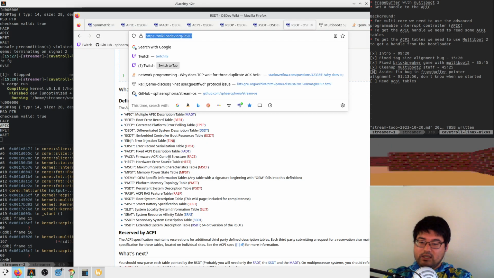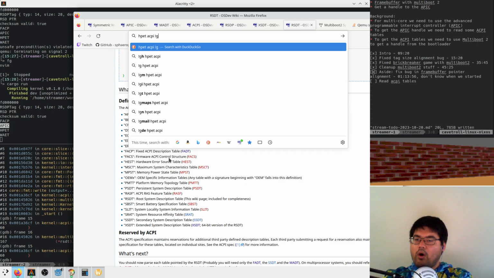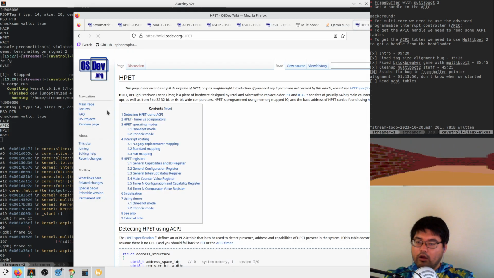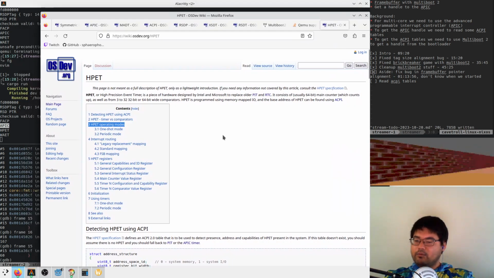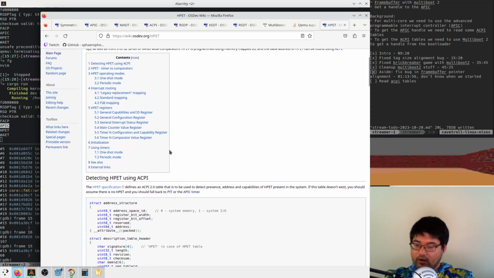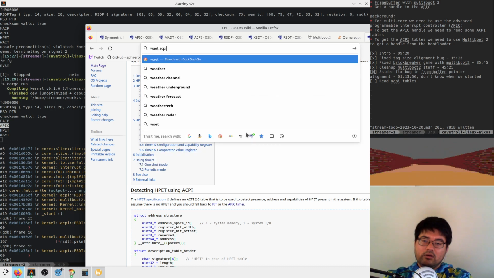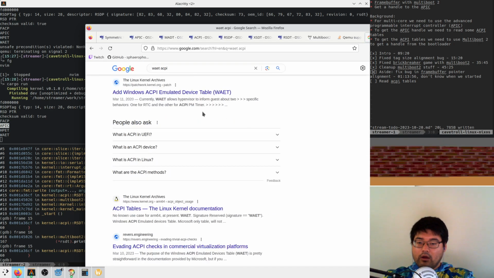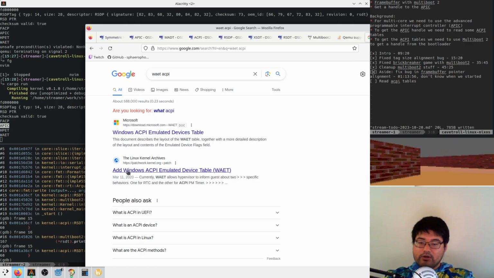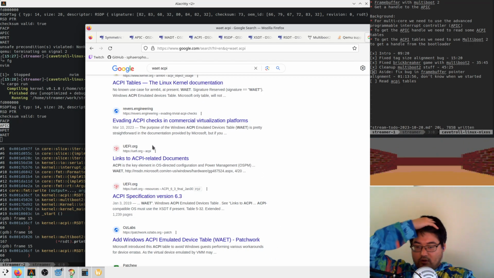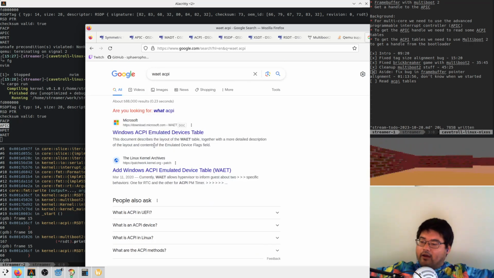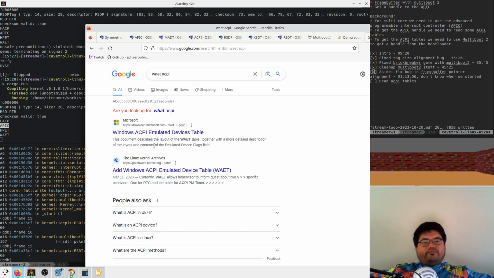What is HPET? Oh, high precision clock. Oh, yeah. I wanted to get this guy too at some point. Sick. And then what's WAET? Windows ACPI emulated device table. Woo! Okay. That's pretty sick.